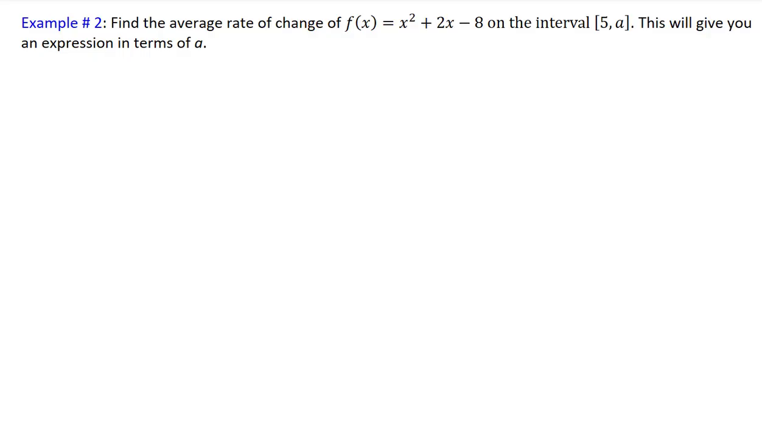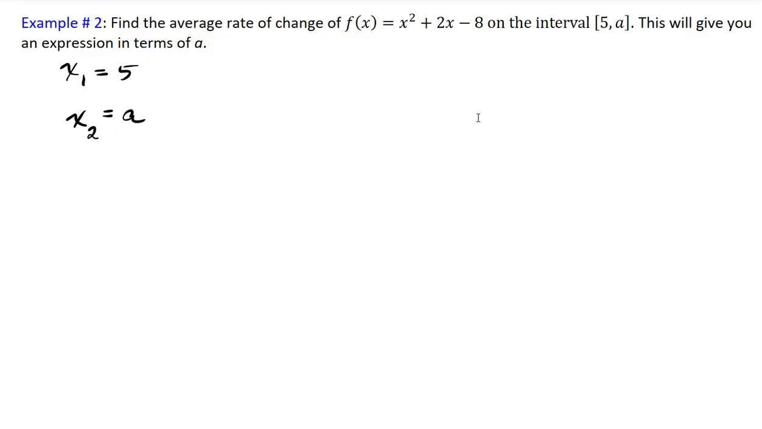Let's consider another example. Find the average rate of change of the function f on the interval 5 to the letter a. So notice that the right endpoint of this interval is in terms of a letter, an expression of a, which means that our average rate of change is going to be defined as an expression in terms of that letter. So likewise, similar to example 1, we'll start with letting x1 be 5, x2 is the